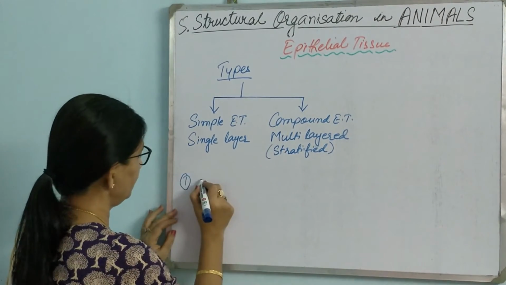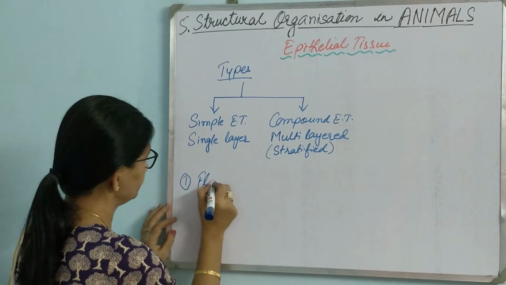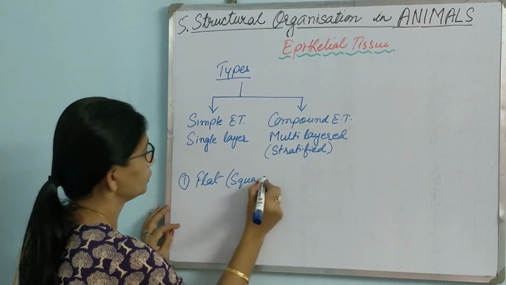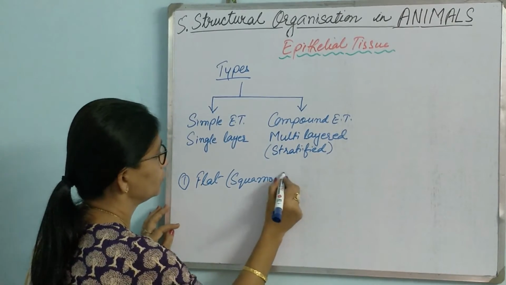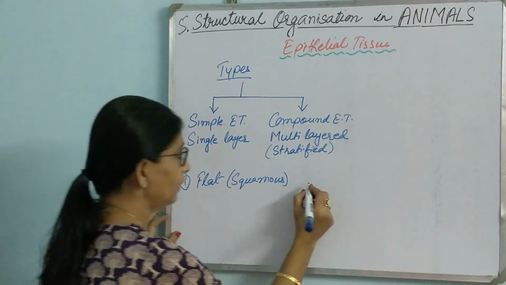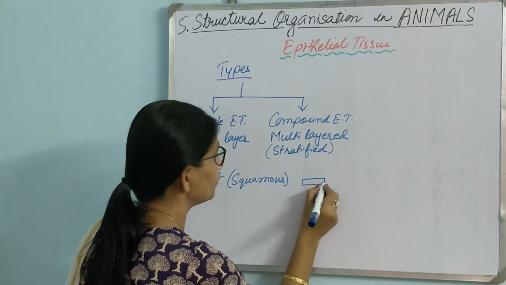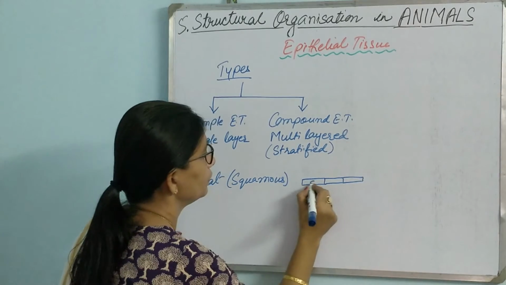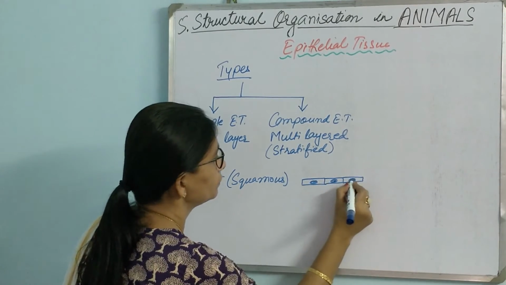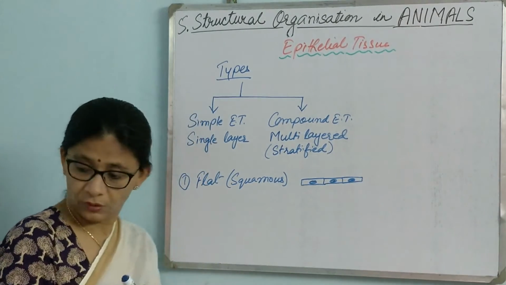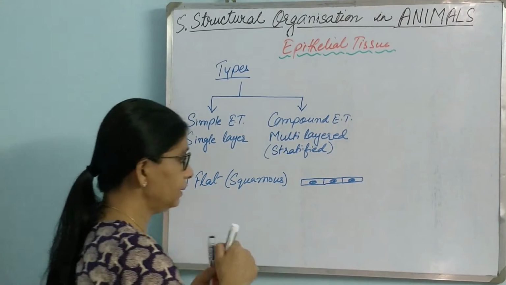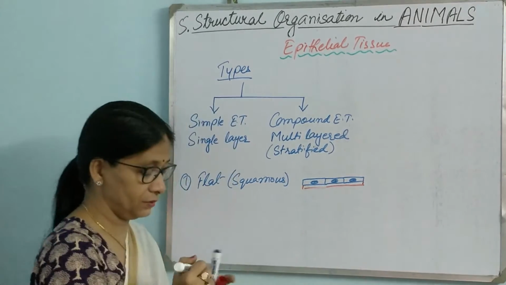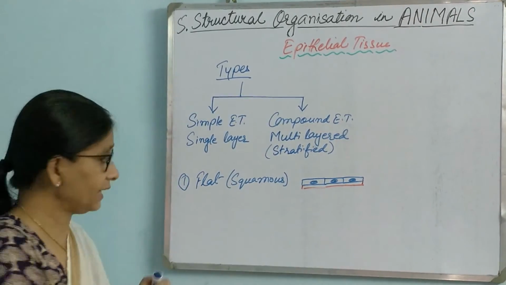can be, first, flat shape, which is also known as squamous, flat. The cells are all flat type, like this. There is a nucleus in the center, and as you know, they will always be sitting on a basement membrane. So this is flat type. Second is